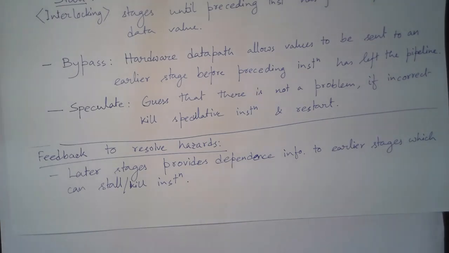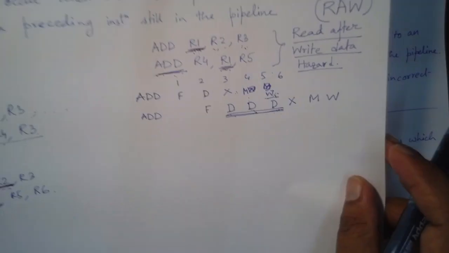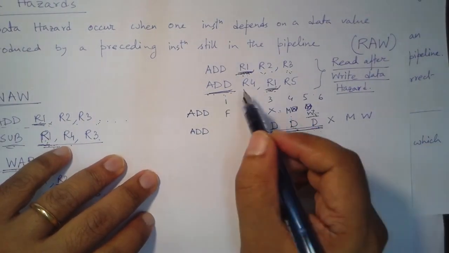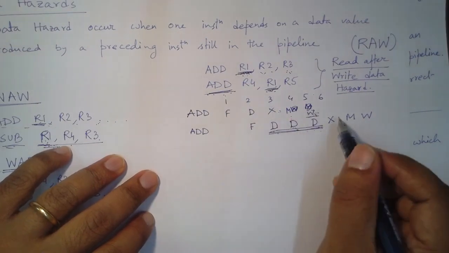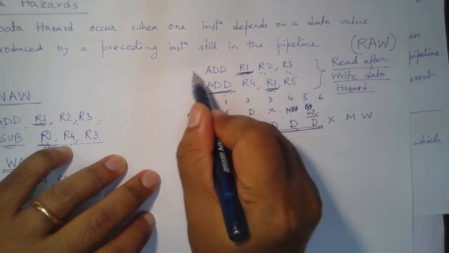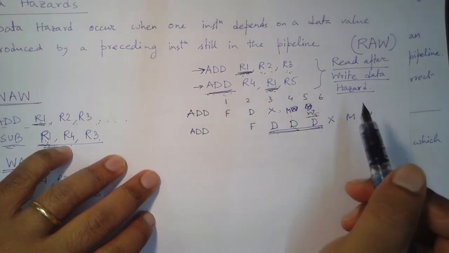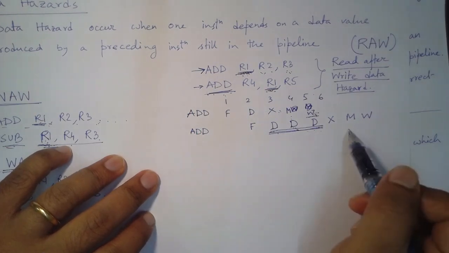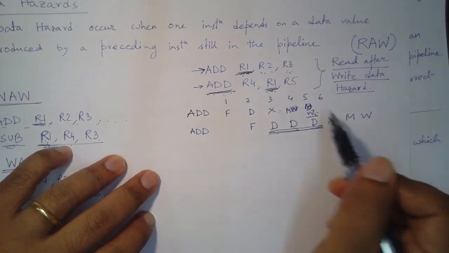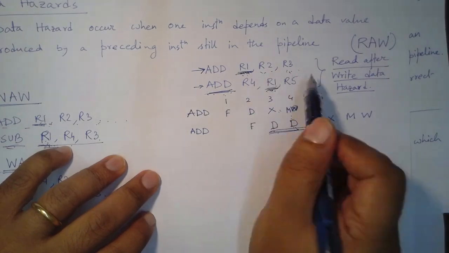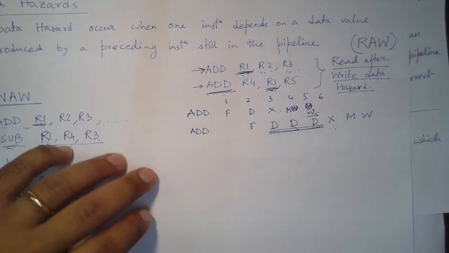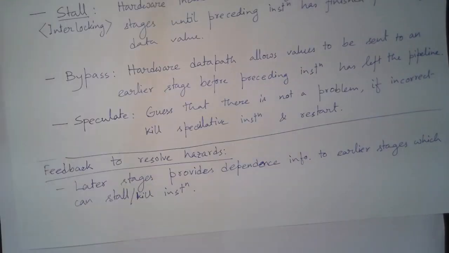So just to tell you in simpler language, this kind of feedback for stall operation will work if this instruction is in no way dependent on this instruction. So this will go independently and this will go independently. Basically this will still be dependent because it will depend on the value, but the previous instruction is in no way dependent on some later instruction. Because if that kind of dependence is there, so why is it important? We are talking about having feedback, right? So feedback means